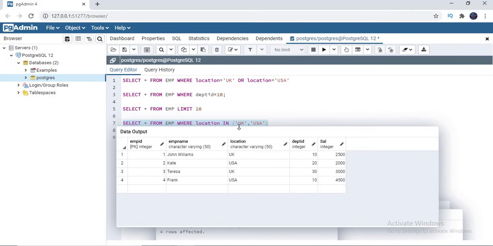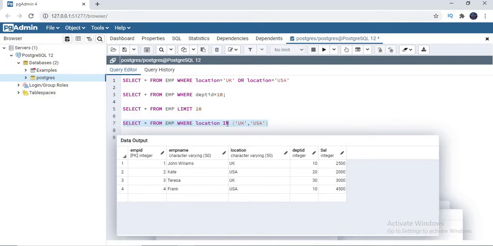When you have a collection of values, in a scenario like this, it is better to use the in clause to pull the data from a table. Not only for strings, even for integers it is the same case.